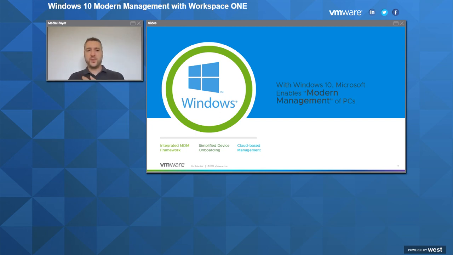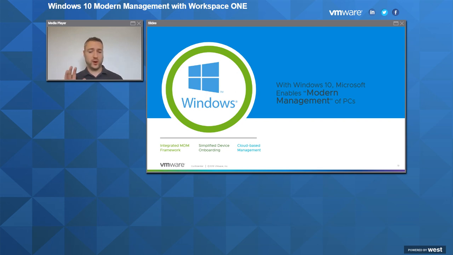So Windows 10 has been built to be API managed. Now you can still use some of the older PCLM technologies to manage Windows 10. So you can still use technologies such as SCCM and WSUS, group policy. You can join these machines to the domain and manage them, script them in the traditional way.